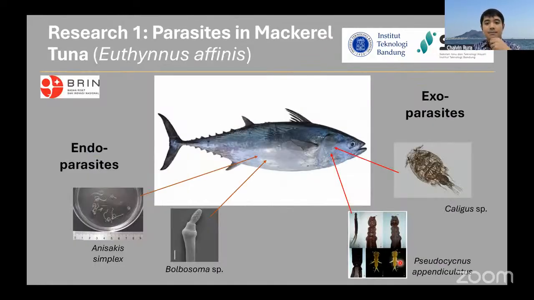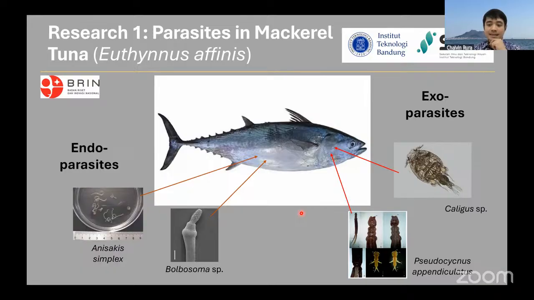Okay, so this is just parts of the result of the research. I can't show everything because we're not yet published. We're currently under review. So you can see that I only show four types of parasite. This is in the mackerel tuna, Euthynnus affinis. This is common in fish in Indonesia. I don't know how common it is in Thailand. But here we identified, I think, up to 16 or 17 species of parasites, where some of them